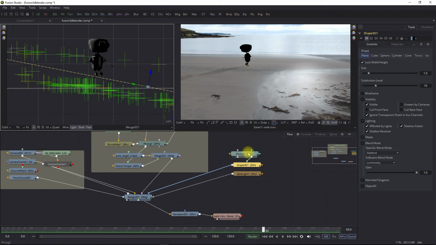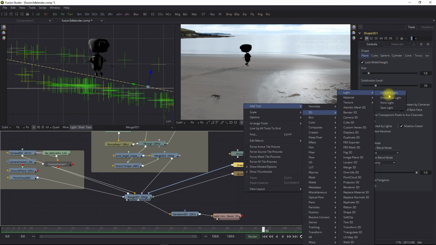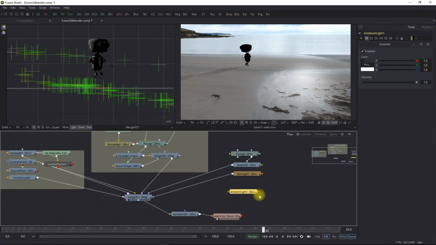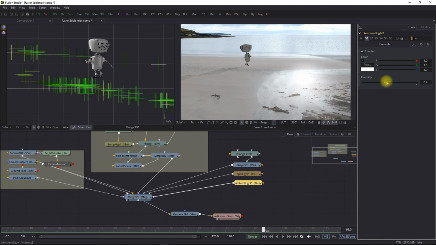And then, if realistically is the right word in this scenario, what we also need is another light. So I'm going to go add 3D lights, ambient light. I'm going to connect the ambient light into the merge, and it has made a dramatic difference, and we'll change the intensity of that ambient light to about there. Okay. Now, I'm going to go back to my